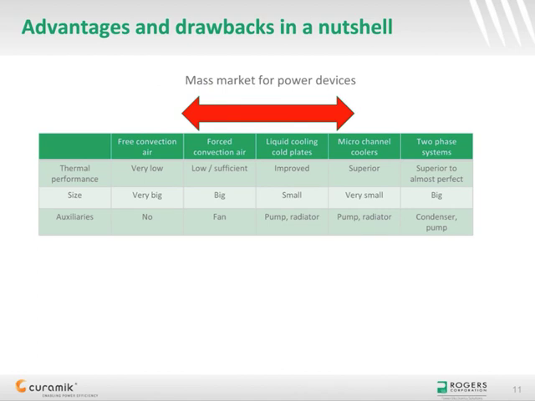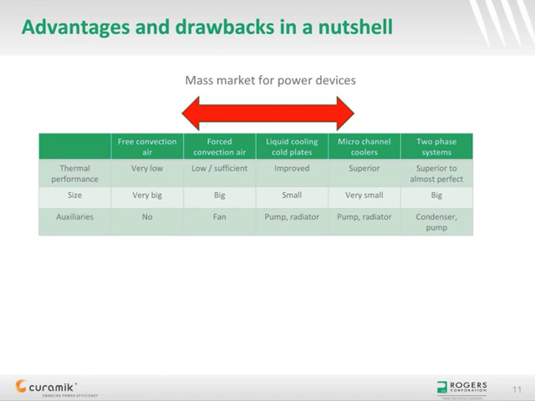In a nutshell, we can summarize the different cooling technologies as shown on this slide. While free convection in the air is easy to design and not expensive, it is a very popular cooling technology, but it usually does not provide sufficient cooling performance for most of the power electronics applications. Forced air convection is the preferred cooling technology in industrial applications, and liquid cooling is mandatory when designers are facing